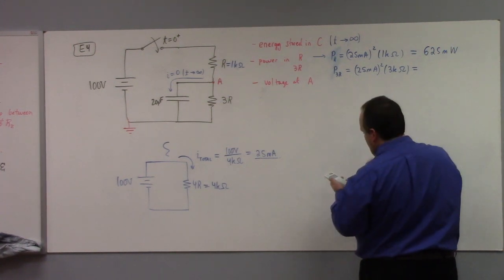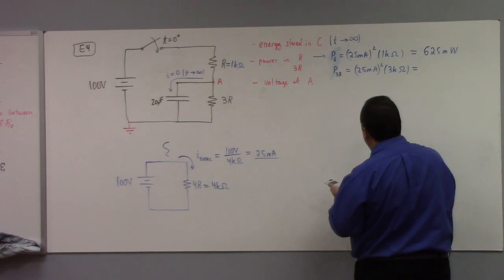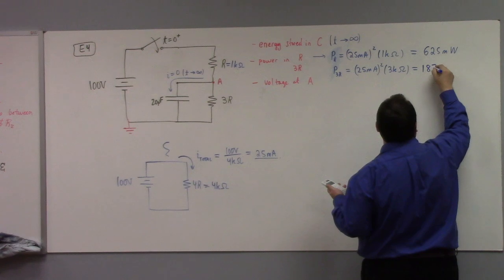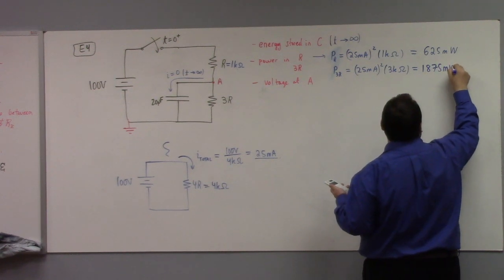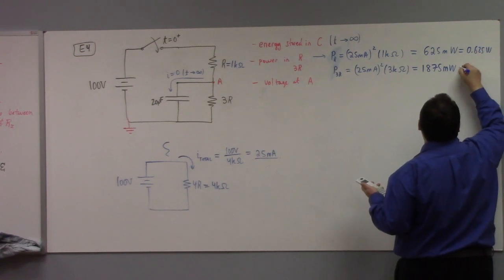And then this is 3 times as much. So 1,875 milliwatts. So of course, if you like, you could write this as 0.625 watts, and you could write this